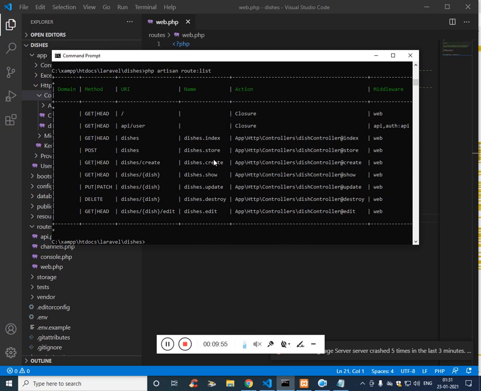When we want to create an input file or create a menu, we'll use this route. If you want to display all the values from the database, we'll show index. If you want to save the data into the database, we'll use the store URL. If you want to update, we'll use this URL, and if you want to delete, we'll use this URL. If you want to edit, you'll use this URL. So let's see what all this really means.